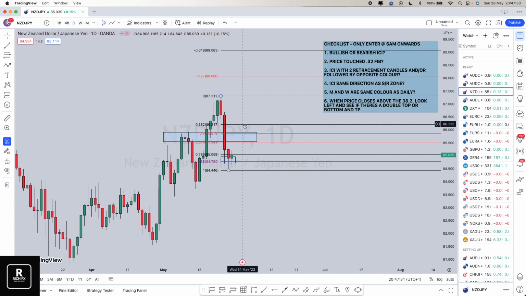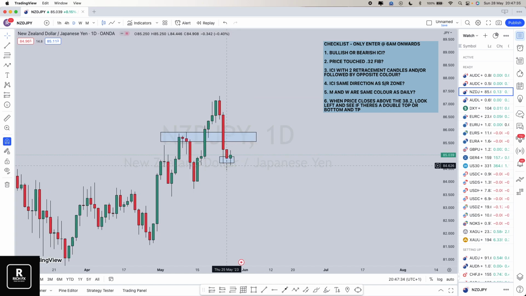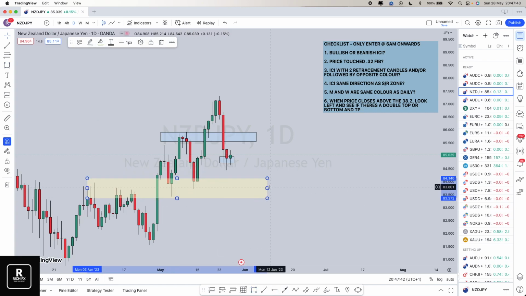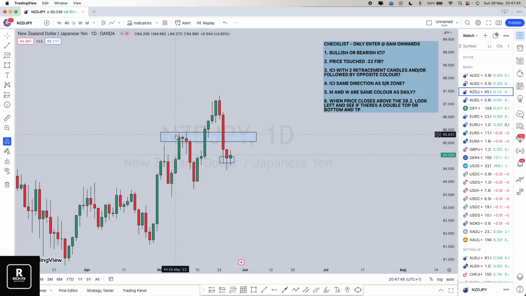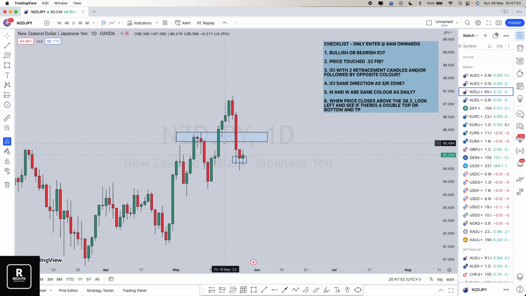This pair, as you can see, I've marked it out with my fib and everything. Nice flip zone. So, this was your support area here, support area over here. Right, gave us those pushes upsides, resistance. Now it's turned to support. It has broken below it, but I would still look for buys just because this area here, as you can